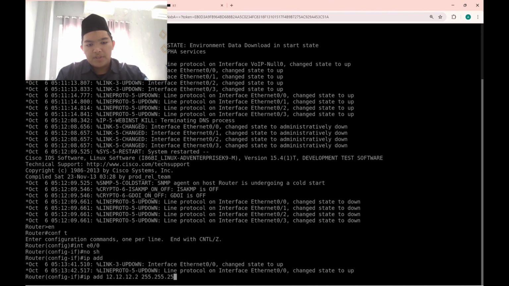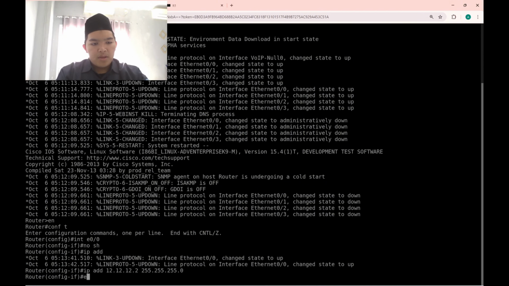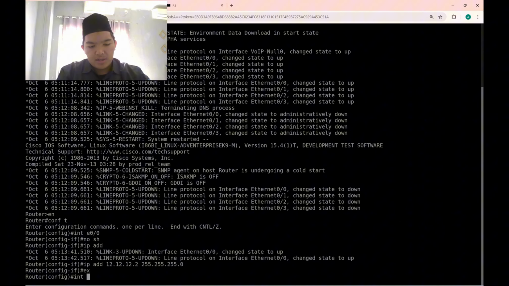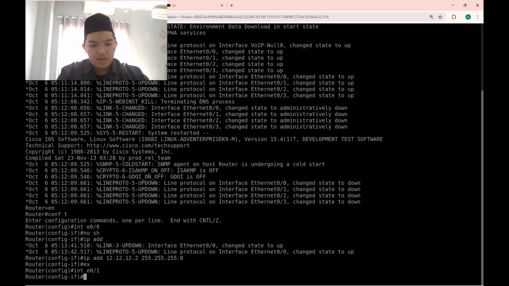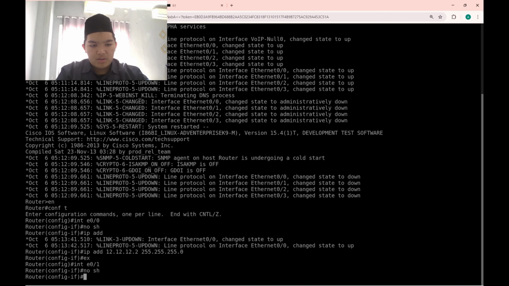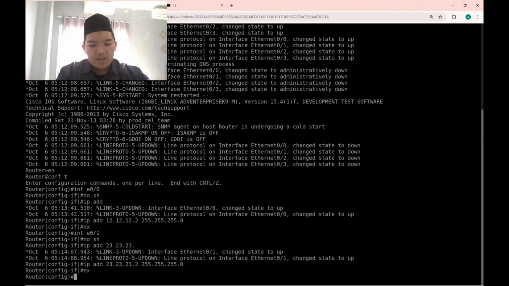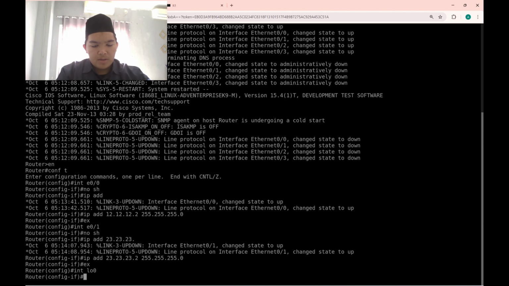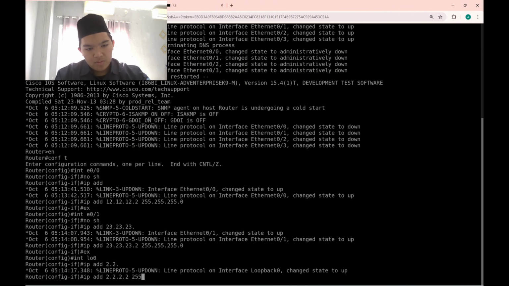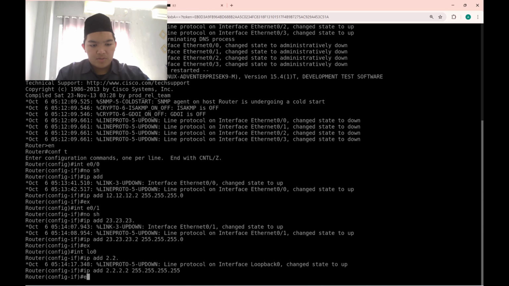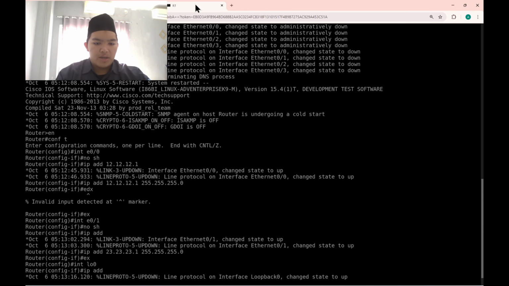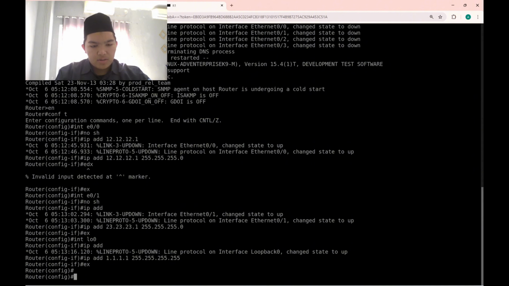Okay, and then the prefix is the same. Then exit, move to the second interface, E0/1, no shutdown, IP address the same 23.23.23, and the host is 2. Okay, we're gonna make the interface loopback, and the IP is 2.2.2.2, and the prefix is 32.